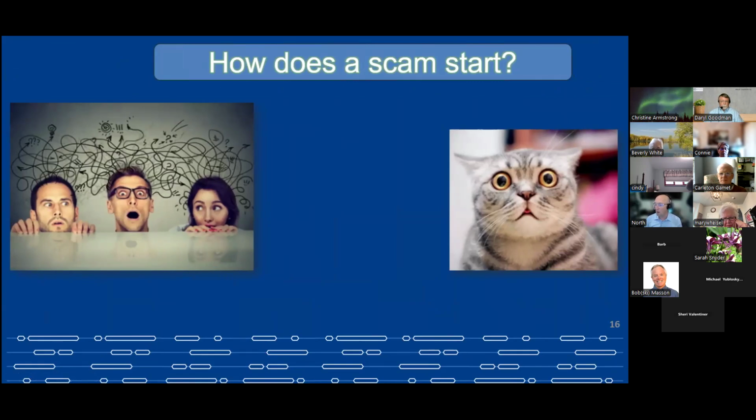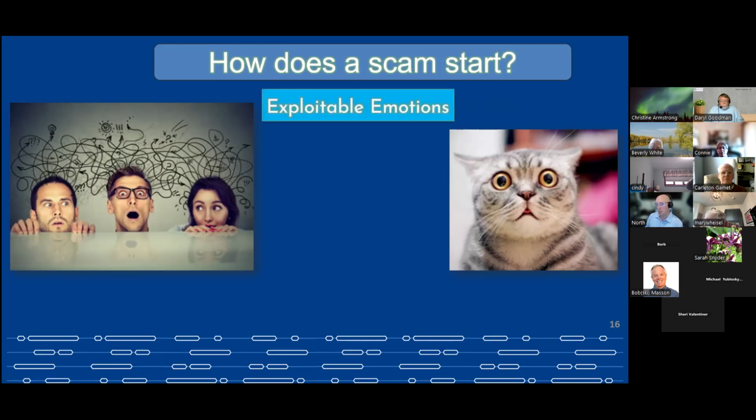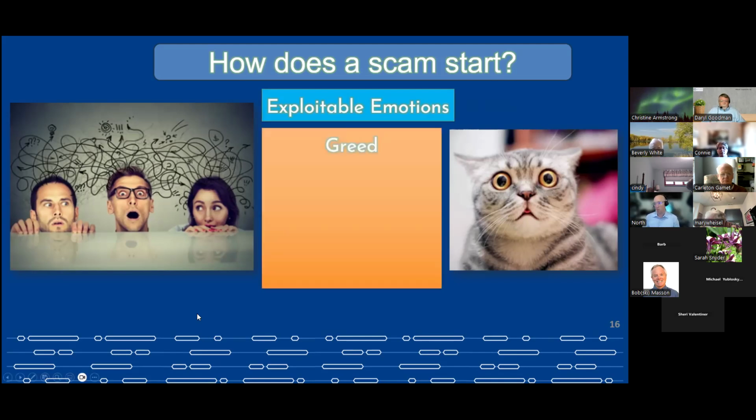So let's talk about how it starts. We know that we have to have a motivated attacker, a suitable target and lack of capable guardianship. But how does a scam start? Human emotion. This is where the human condition is our best and worst enemy. Let's talk about exploitable emotions here real quick. There's the big five, we call them. Number one is greed. Oh my gosh, what's that? A Nigerian prince has $3.4 billion just waiting for me. He's been waiting to find me. What? Greed is a really powerful motivator. Another one is curiosity. Third one is urgency. Fourth one is helpfulness.